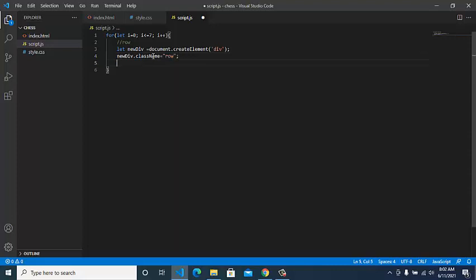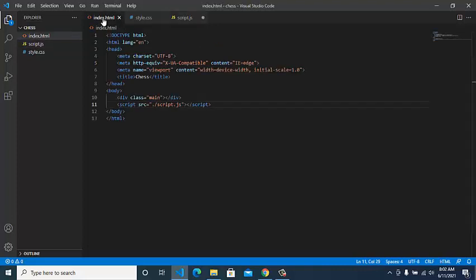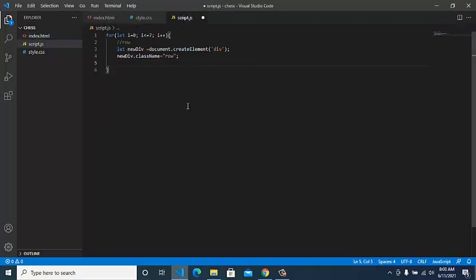Then, to add these 8 divs which we have created to our main div, we have to use document.querySelector to get that particular class, and we have to append these divs.